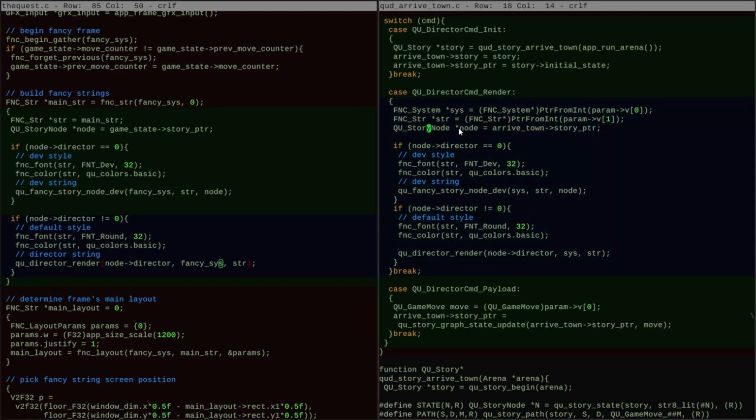So let's grab the story node off of... what this director wants to do is grab the story node off of its state and run that logic again. And so what this suggests to me is I abstracted too soon, because if I have an abstraction layer that can do anything, and one of the common things I want to do is to reconstruct all the behavior of the root level, then I have a